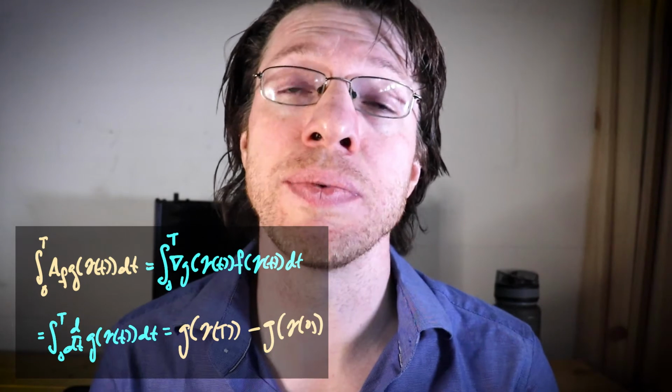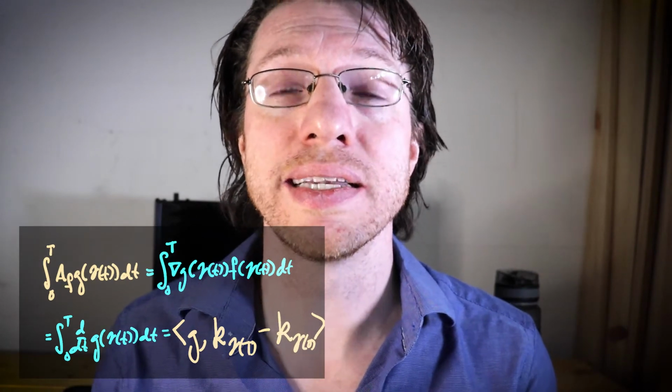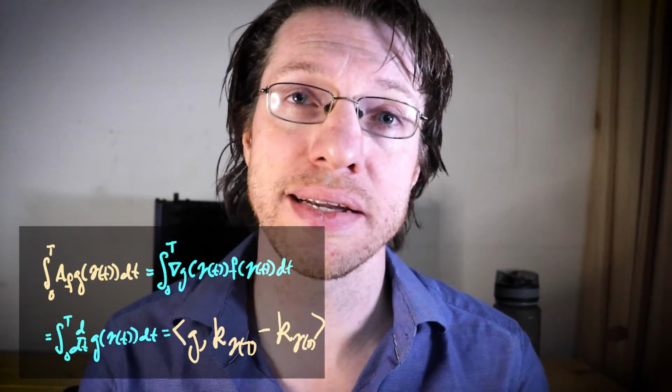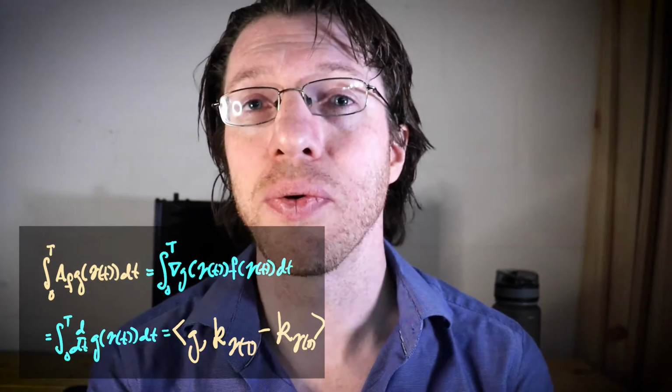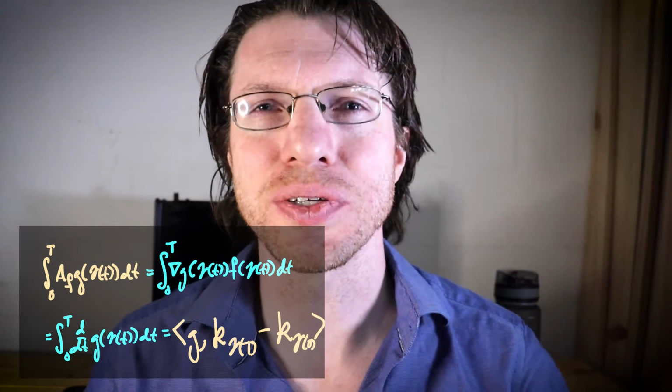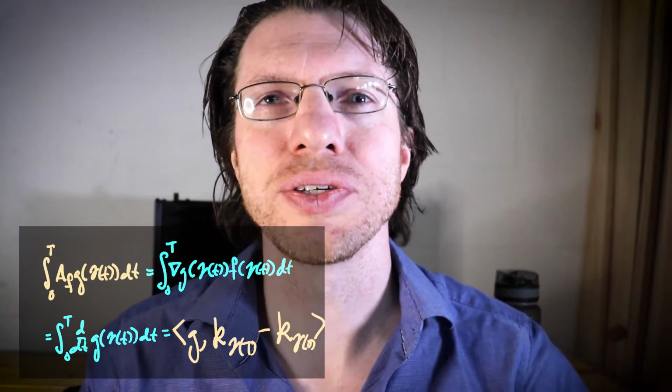That right-hand side can be written as g inner product with a difference of two kernels centered at gamma of T and gamma of 0, respectively. Now, what do we do about the other side? Well, it turns out that there's a really slick thing that we can do, and we can introduce these things